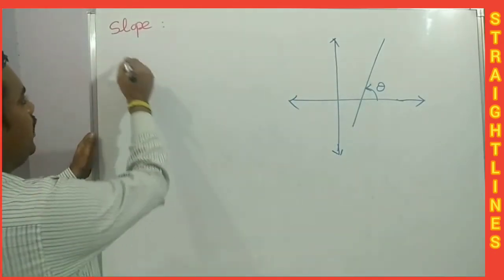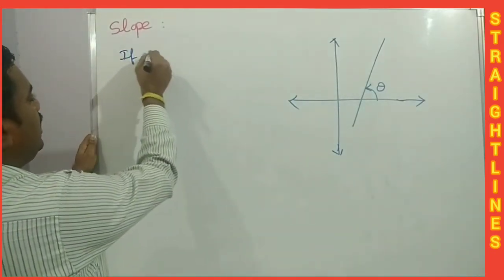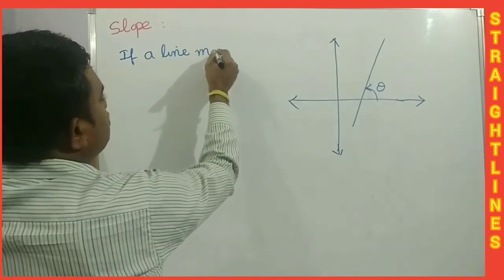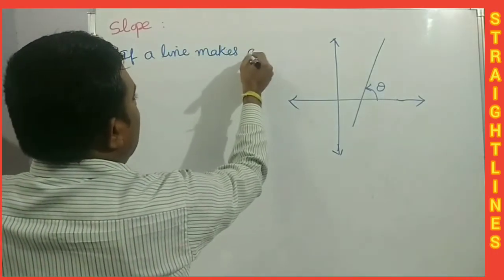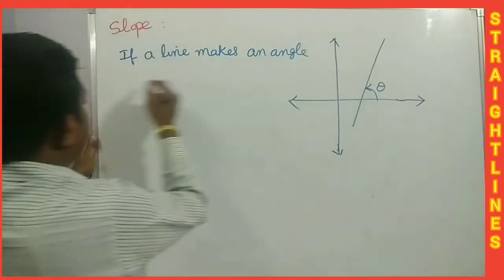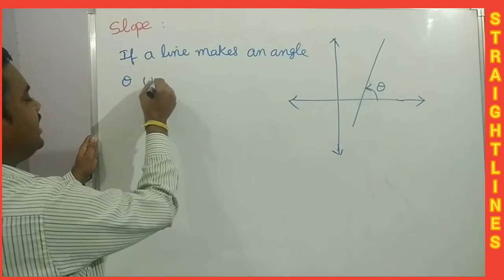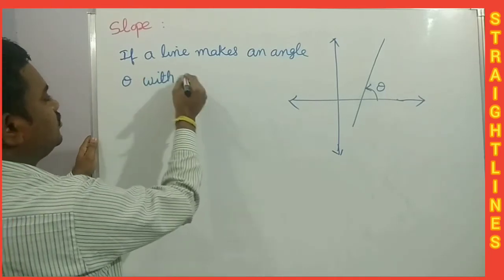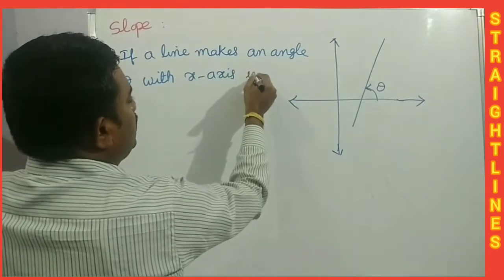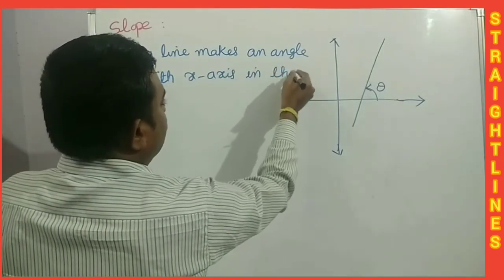What is the definition? If a line makes an angle theta with x-axis in the positive direction,